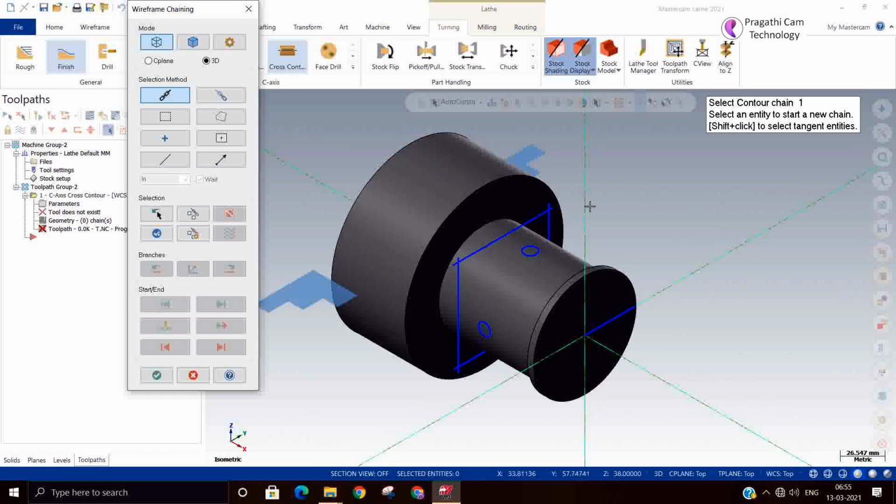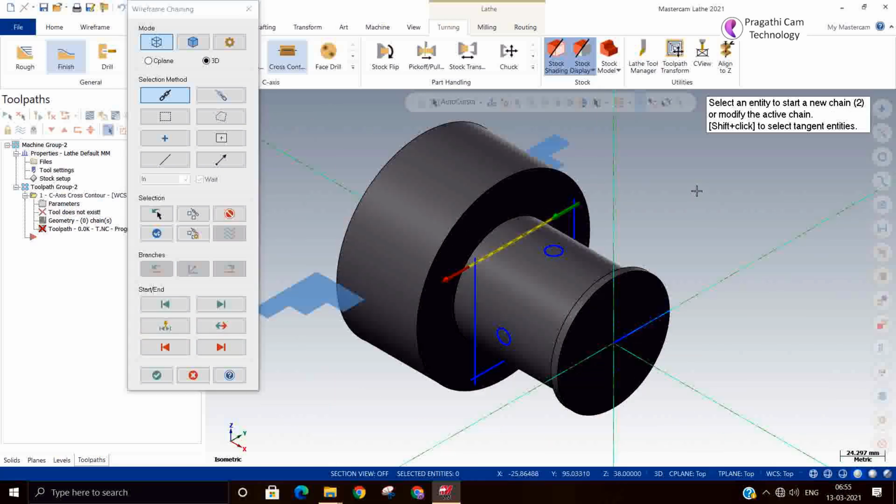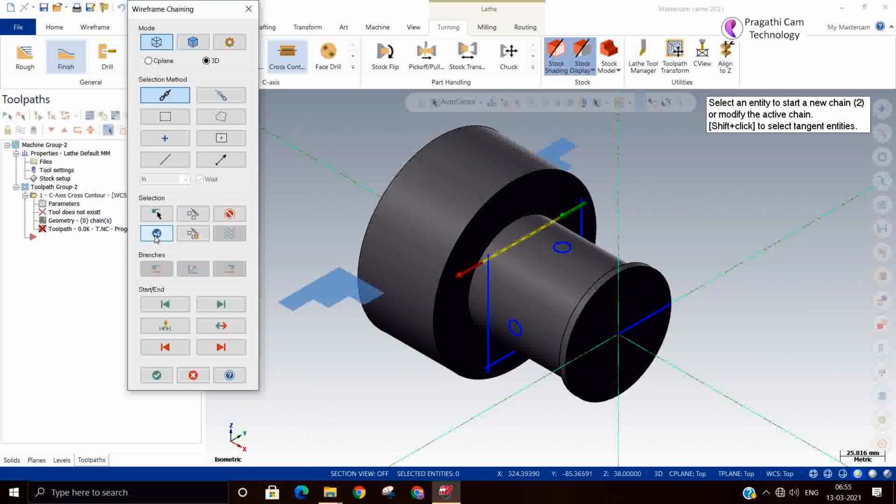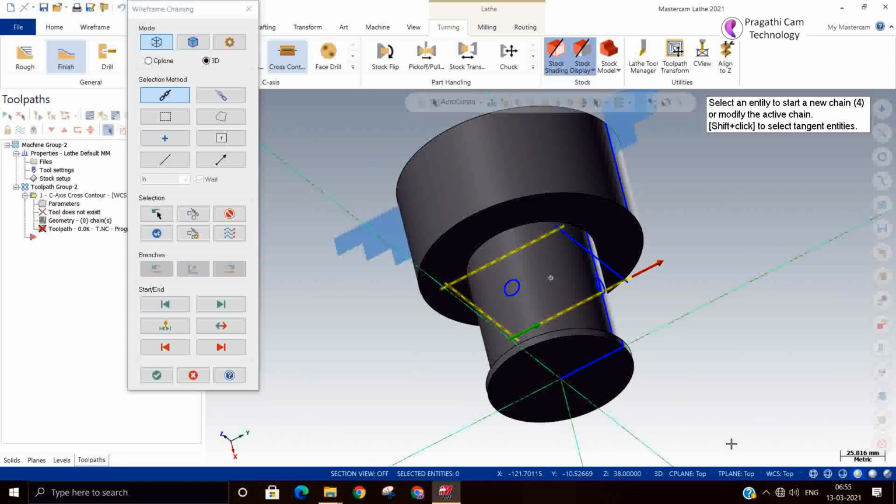Oh no, I think I am wrong. Anyway, I selected wrongly. Let it go. Okay, third chain and fourth chain.